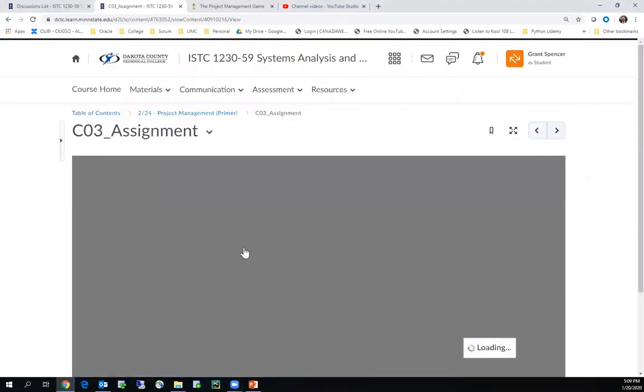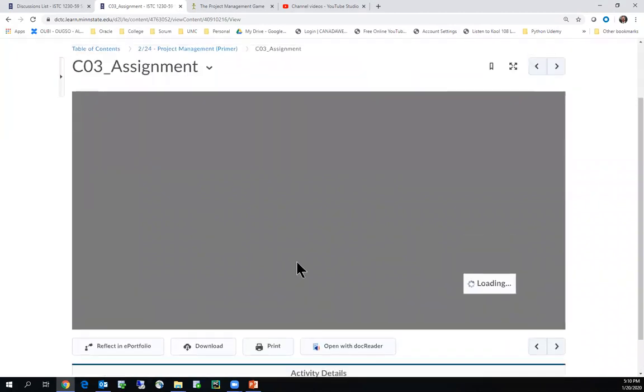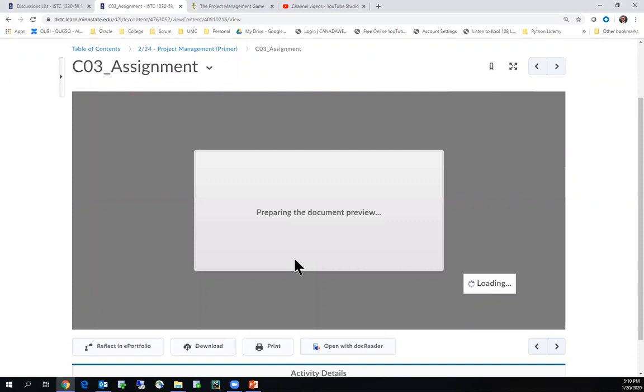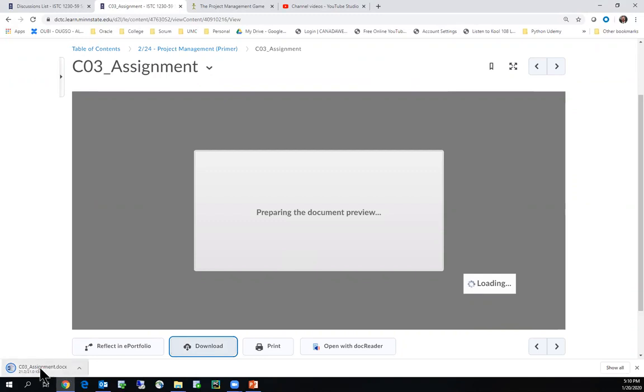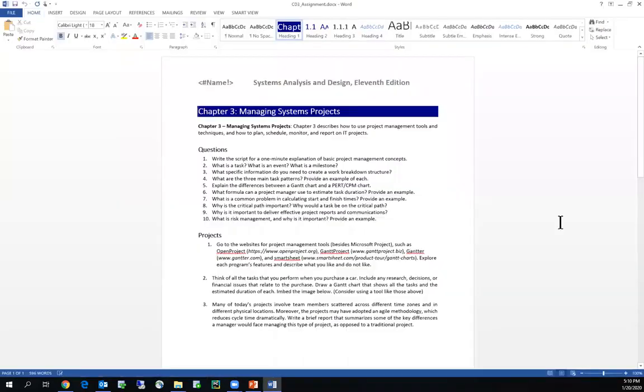So again, we're finding it in the content section under chapter 3 assignment. It's rendering. Makes me think I should have made it render before, but that's fine. I'm sure it'll be great. Or you just lose patience and download it. All right, so I'm downloading it. Here we go. And let's bring it up. So much of my life is spent waiting for things. Okay, let's do this and move it in front. All right, so